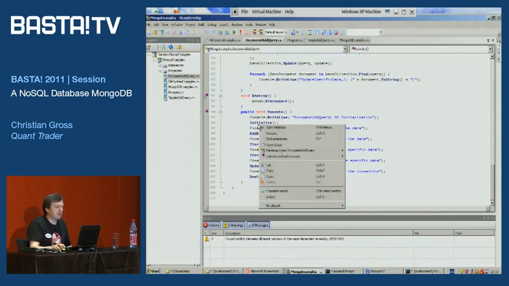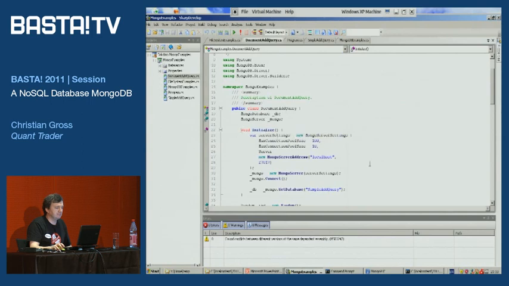Let's first look at how to connect to a MongoDB. A MongoDB is connected by saying Mongo server settings, what the connection pool size is, which server, which address, and then you just say connect. That's it. You've now connected to Mongo. After you've connected to Mongo, which is a specific server, here you need to ask, give me a database. And in this case, I want to get simple add query.